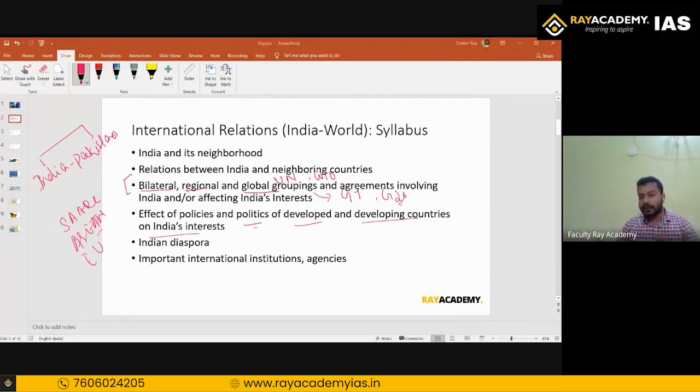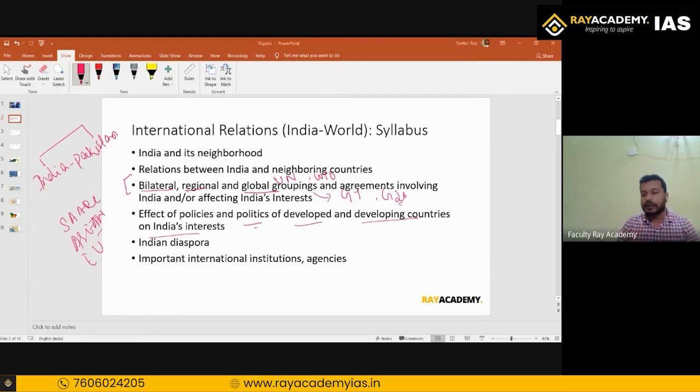Is it going to impact us on a much larger scale? If yes, then maybe we need to rethink it. So this is how we understand policies and politics, and especially India's interest. Okay, especially interest. Try to understand one more point: in your syllabus, especially the general studies syllabus, you